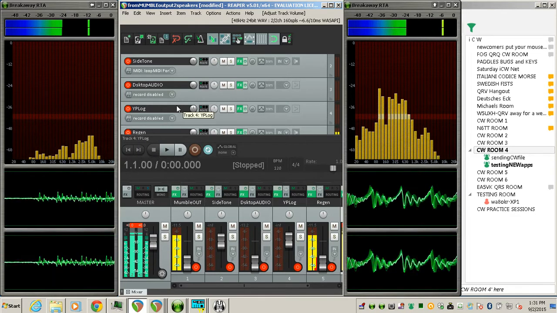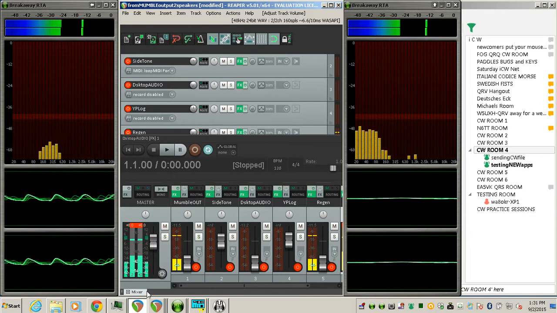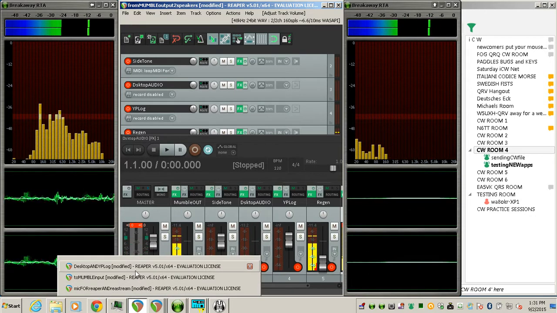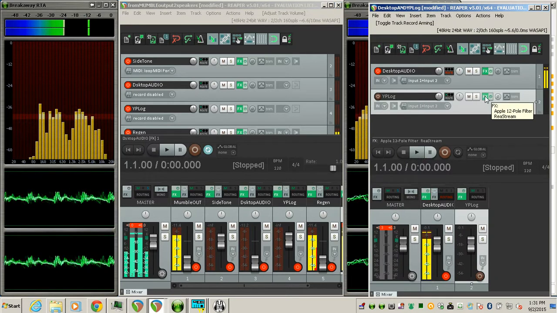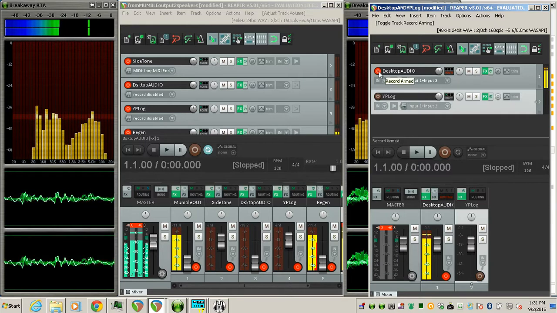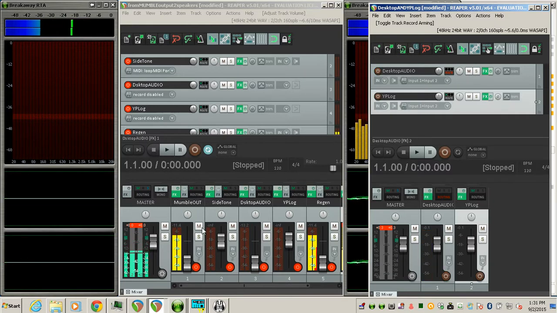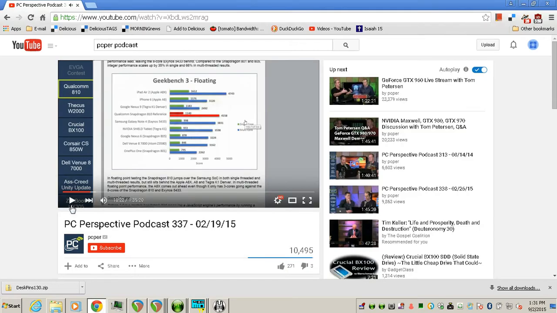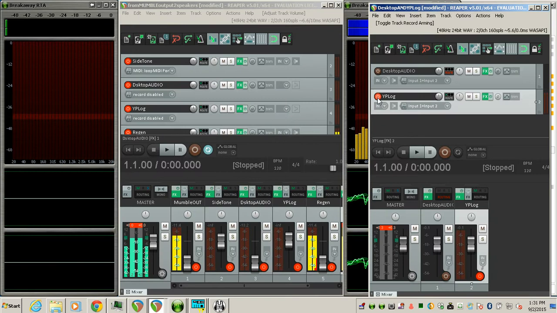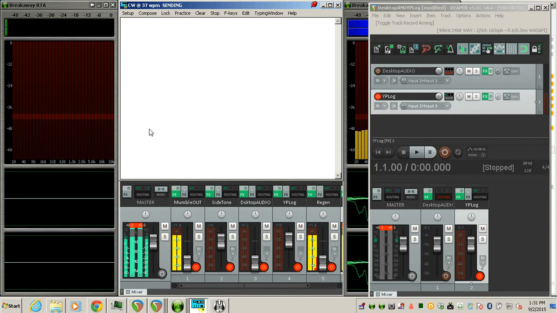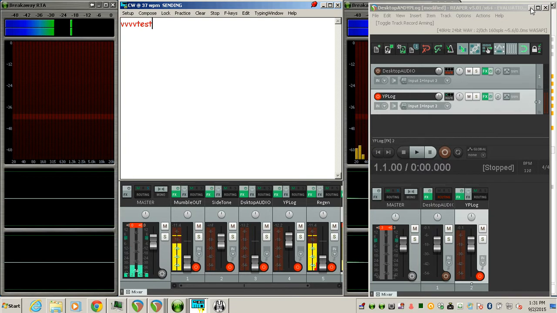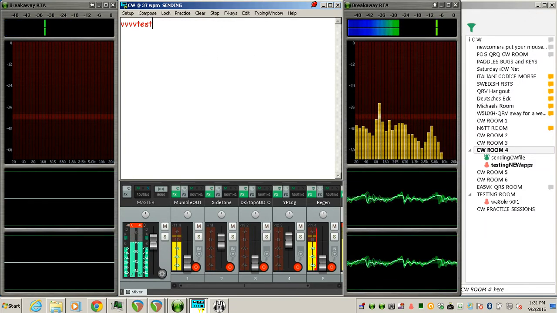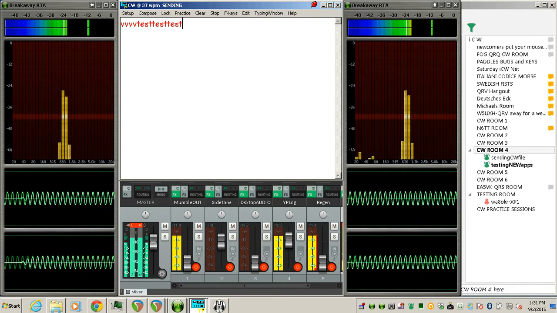We have YPLog, and I have a setup for that. So you see I have 2 FXs checked for plugins. So I'm going to take it off the desktop audio where the podcast was playing. We're going to turn the podcast off. And then we're going to turn YPLog on and bring it up and see if we get anything. So during a QSO, this is probably going to be the main